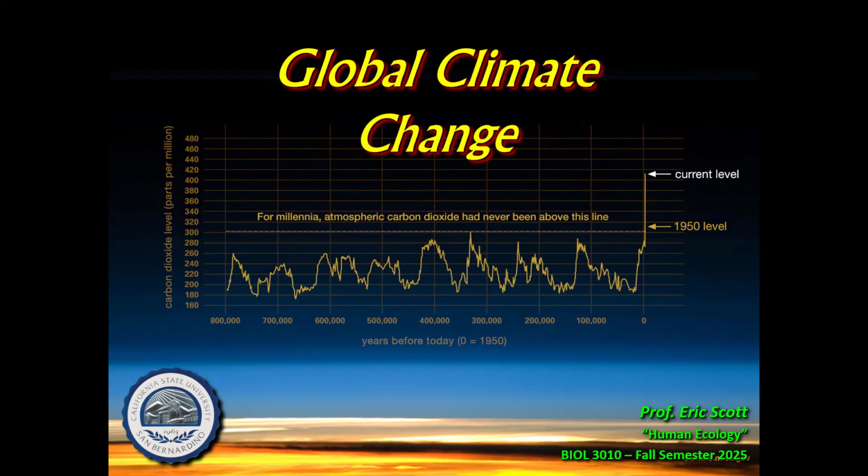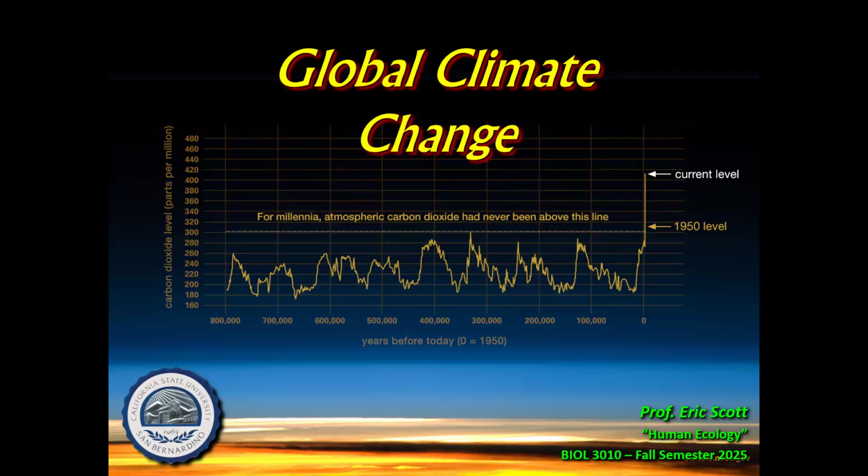This is a science class for non-science majors, so we started off with an introduction to science. We then talked about biology because this is a class in the biology department, the biology curriculum. And humans are biological organisms, and we have an impact on the ecosystems in which we live. And then we looked at the various kinds of resources available to us and how we're consuming them. And so now we're going to start trying to put it all together as we move towards the end of the semester and talk about one of the largest impacts that humans are having on the earth right now.